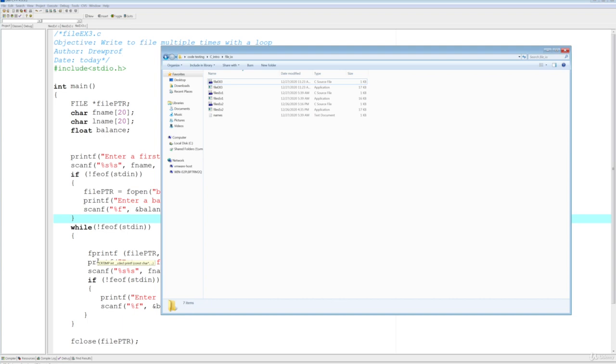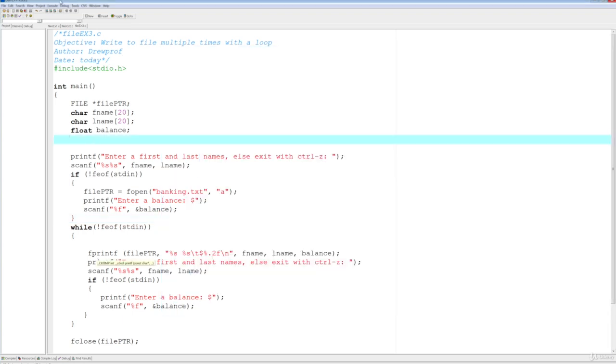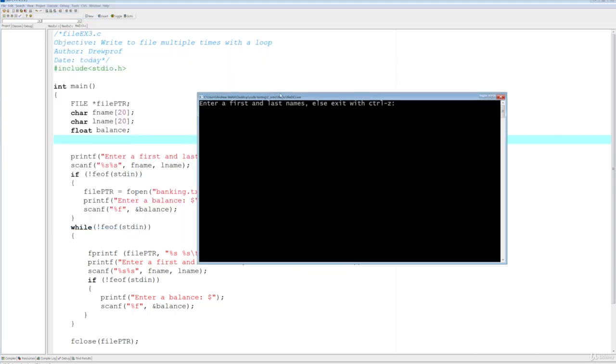So the only time the file will be created is if you didn't hit Control-Z the first time and you actually went ahead and put a first name and last name, right? So no Control-Z was captured. So let's go ahead and create that scenario. So let's go ahead and run. And instead of Control-Z, I'm going to enter a first name and last name. So Henry Ford. And because of that, the if statement is true now,